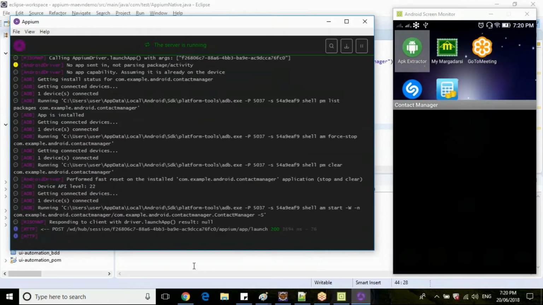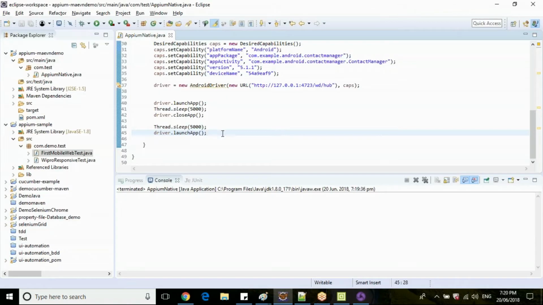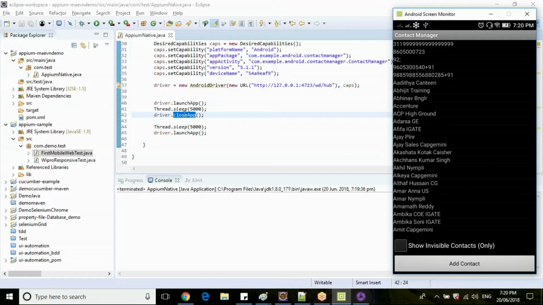Close app is one of the methods which will close the application and open the application. Close in the sense it will not close your WebDriver. It is closing your application in this particular Android driver instance. Clear?